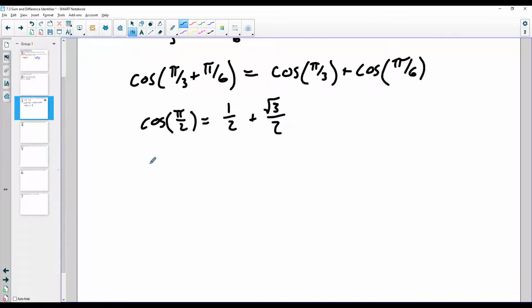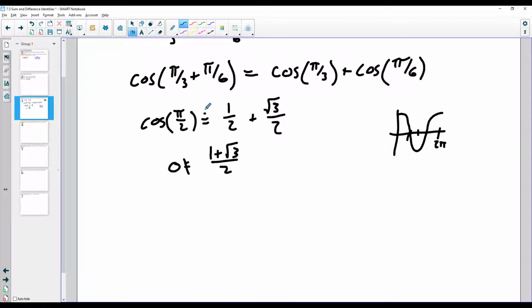Cosine of pi halves, if we think about our graph, pi halves is here, so that's 0. Cosine of pi halves is 0 equals 1 plus the square root of 3 all over 2,